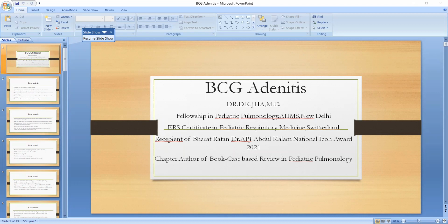Previously, antimicrobial drugs in the form of azithromycin and erythromycin were being used. Antituberculous drugs were being given to treat particularly suppurative lymphadenitis. But nowadays, it has been observed in various clinical studies that it automatically subsides. There is no need to give any antimicrobial or antituberculous treatment. So surgical excision is required if the size has not regressed even after 6 to 9 months, and it is